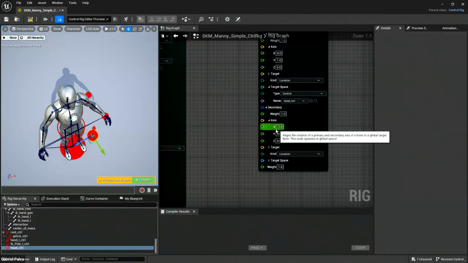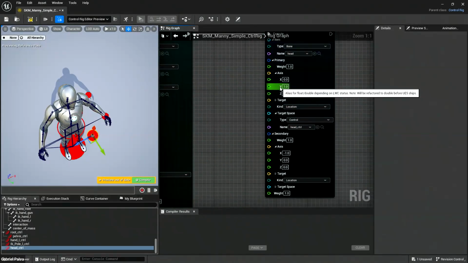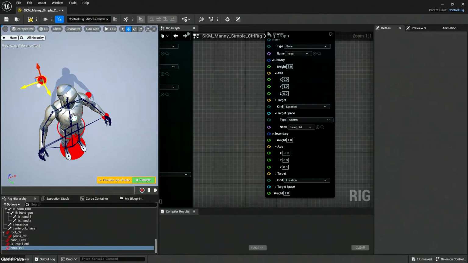But now if we set our secondary axis X to -1, and this is going to be very axis related, with the actual bone, right? This is going to be completely different if you're using something that is not this mannequin, right? So you're going to have to play with these values, all right? In the case of the mannequin, the Y1 and the X -1 in the primary and secondary axis seems to be doing the thing, because now we can,